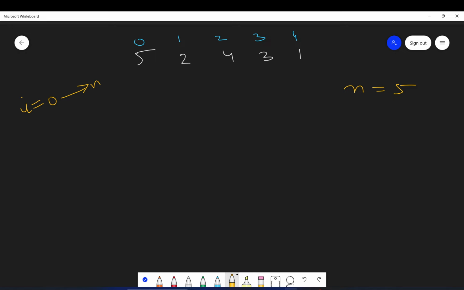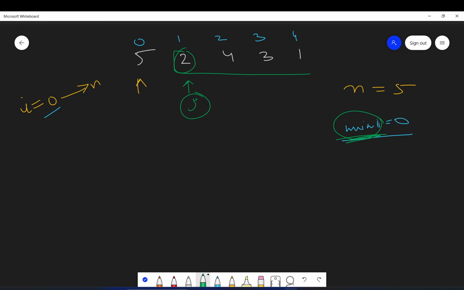Here, first of all, our i is here. We will be finding out the minimum element here so that we can replace that minimum element with 5. So let's say we take a variable min index, and initially let's give it the value of i only, which is 0. We will start from i plus 1 and go one by one. Let's say this is our j. We compare this j element with the element at the min index, whatever is at min index.